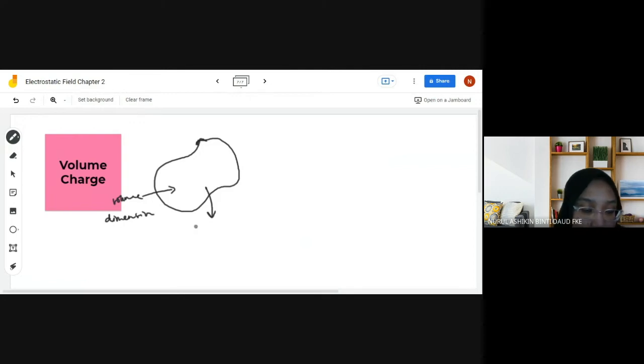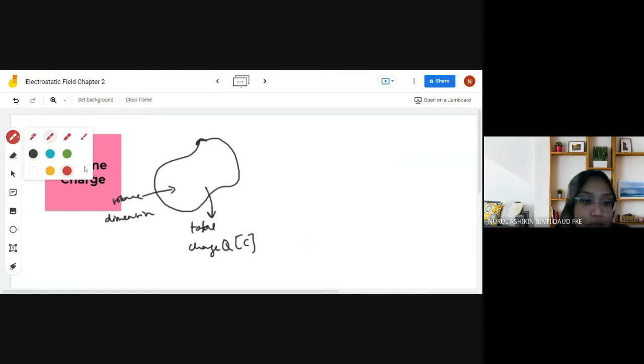Another important piece of information that we can get is the total charge, which is Q, and the unit is coulomb. Same as surface charge just now, in order to calculate the total charge,